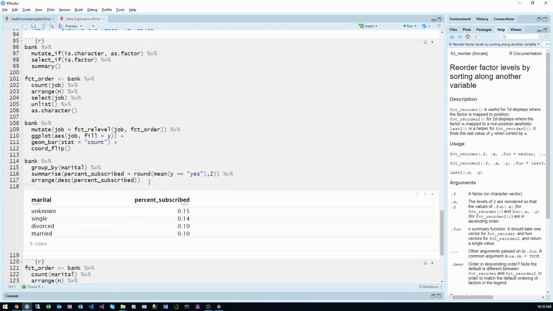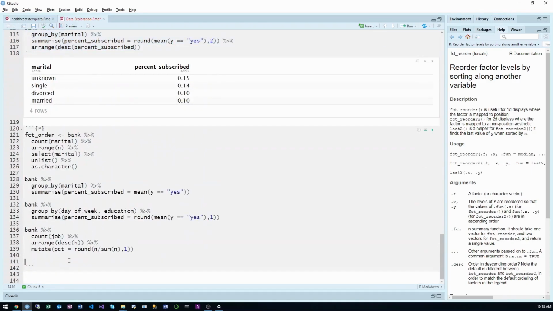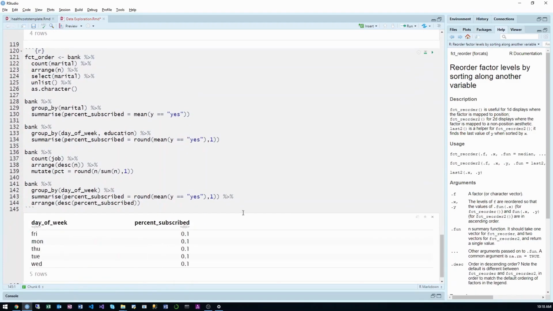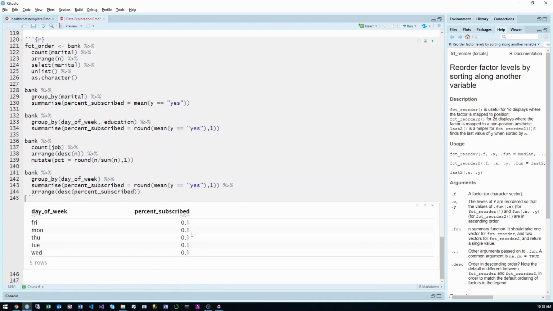Like, let's say that you were looking at day of week, right? And you can see that it's about 10% for all days of the week. There's some variation at the second decimal place, right? But it's basically constant. Does this mean that day of week is not a predictive variable and then we can just drop it from the analysis? Well, let me